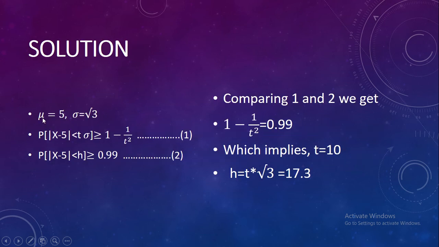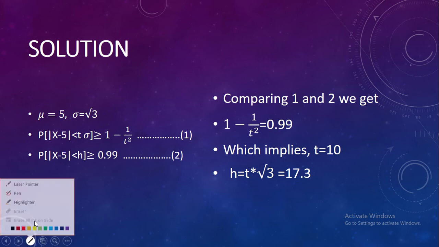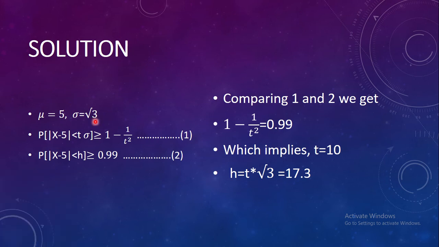Now, from the problem, the information that we have is about the mean, that is 5, and they have given us information regarding the variance. So the variance is sigma square, and that is equal to 3. Now we need sigma, so sigma is equal to root 3. Now that we have found a similarity between the Chebyshev's inequality and the inequality provided in the problem, write down the Chebyshev's inequality with mu 5, and sigma you can of course write as root 3. I just kept it like that itself.